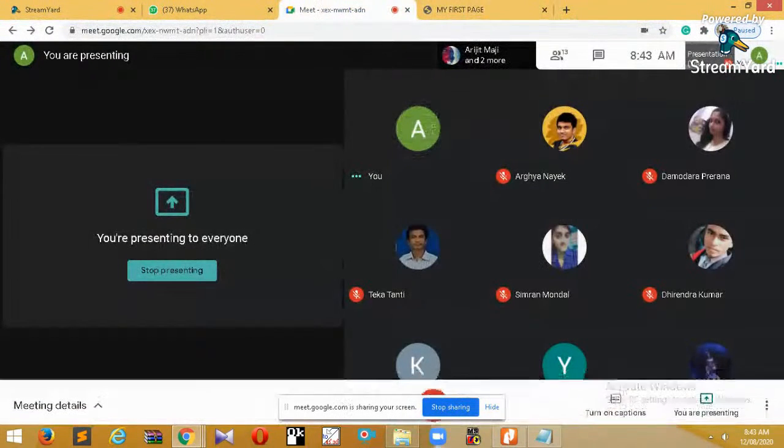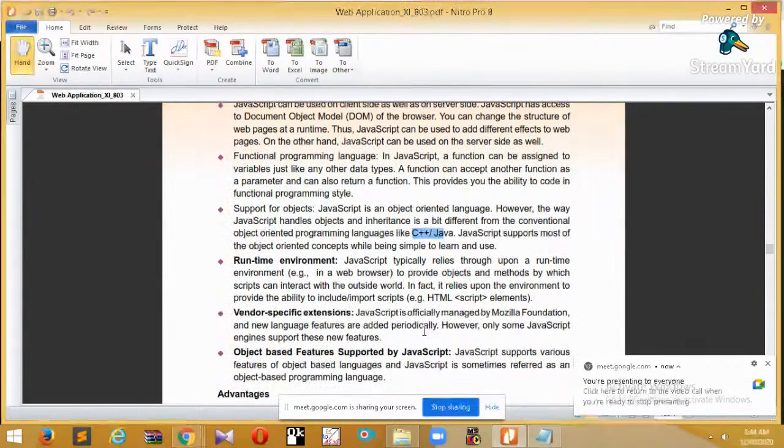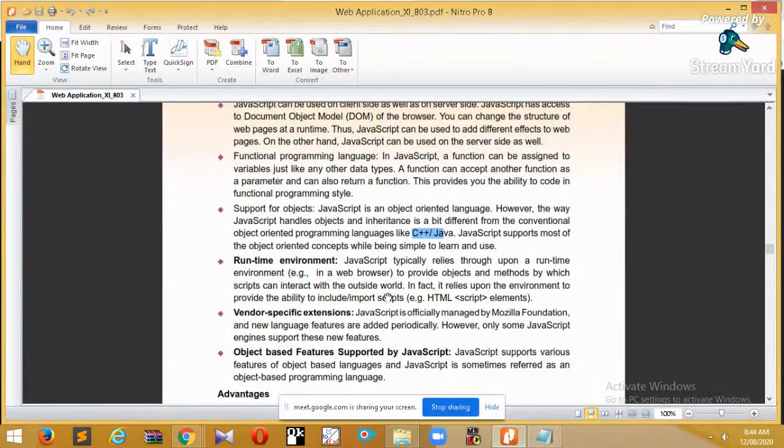Okay. So it supports object oriented programming language. Actually, it is supported by both C and C++ and Java, and JavaScript supports most of the object-oriented concepts, so we'll also use them in our JavaScript code. Finally, a few more features. Runtime environment means whenever we use the JavaScript code inside the web browser, we simply use the script element. Within the script element, we run the JavaScript code. And vendor specific extension means